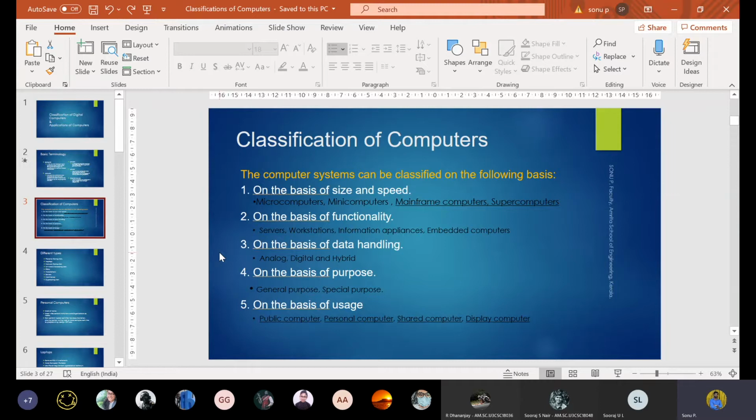But there are computers that take input in the form of analog signals, analog waves, or numerical values, and these are used in other areas. For example, an analog computer is one in which data is taken as input in the form of analog signals, numerical signals or wave format.